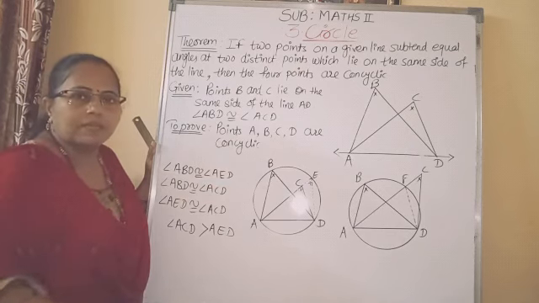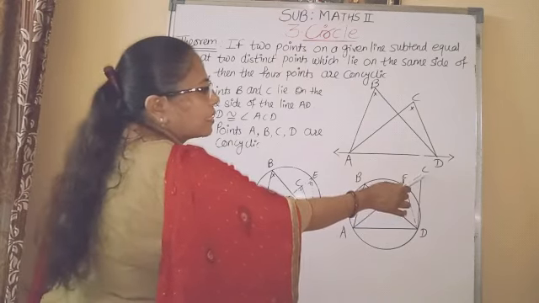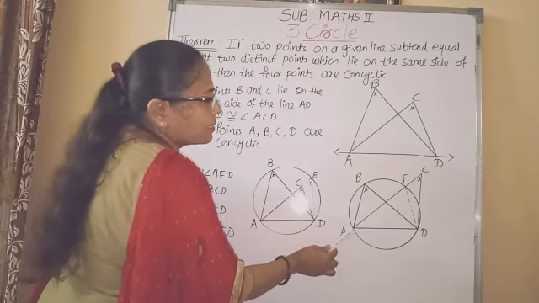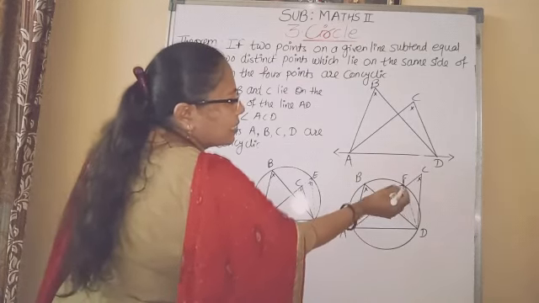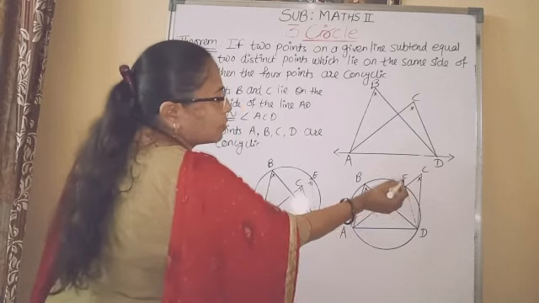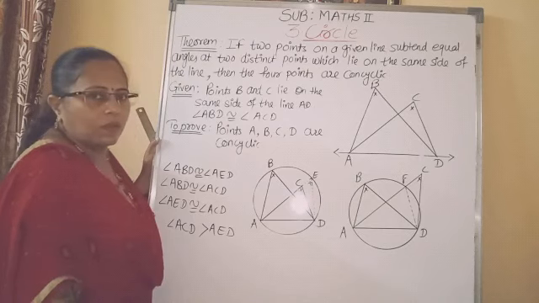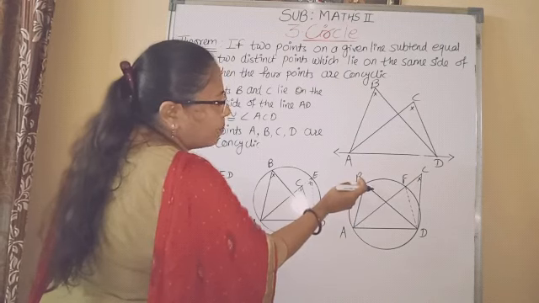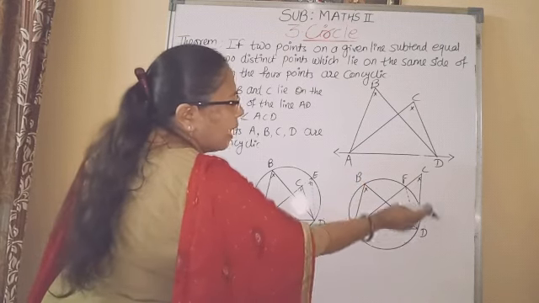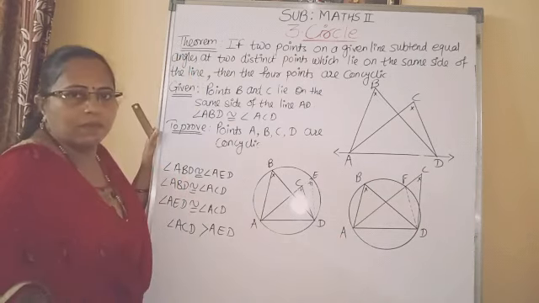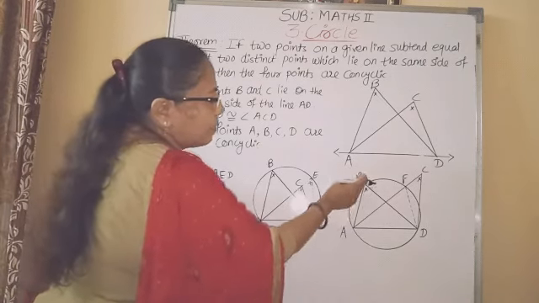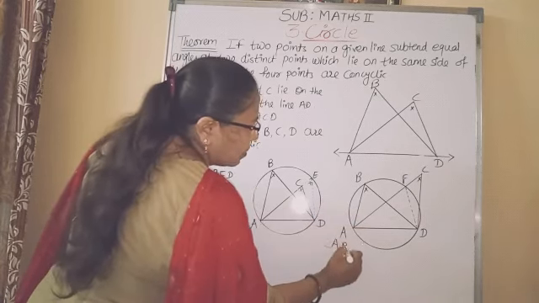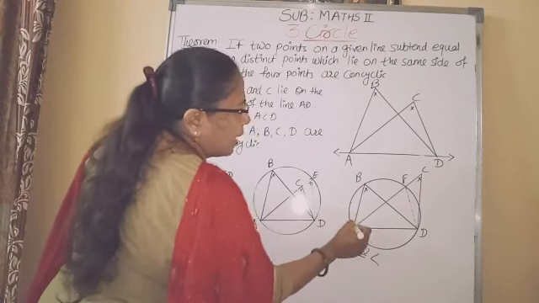Then let us try for the next condition. Maybe it will be in the exterior of the circle. Point C is in the exterior of the circle. So here segment AC intersects the circle at this point, so give the name F for this point. Now here we have points B, A, D and F on the same circle. So we got angles inscribed in the same arc. Here angle ABD is congruent to angle AFD.